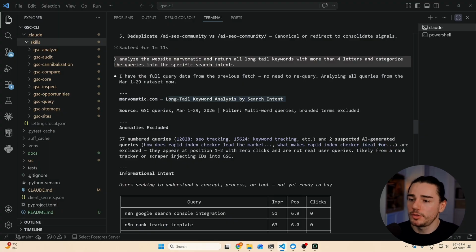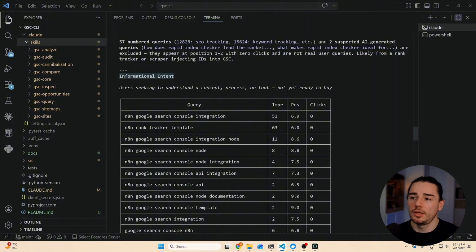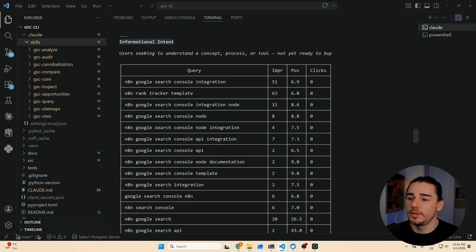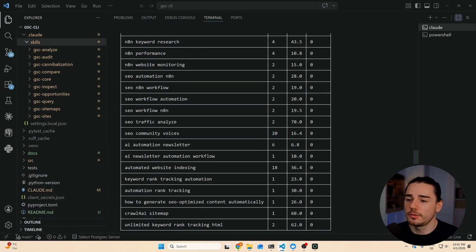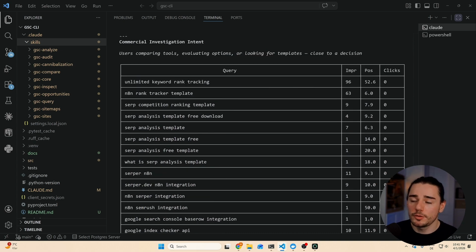So the source data is from the Google Search Console, including a date range, which is the 1st of March until the 29th of March. And if we scroll down, then we can see we have the informational intent. So users seeking to understand the concept, but they are not ready to buy yet, including all the queries that are extracted from the Google Search Console data. And if we scroll down, then we have also the commercial intent, again, with all the queries right from the